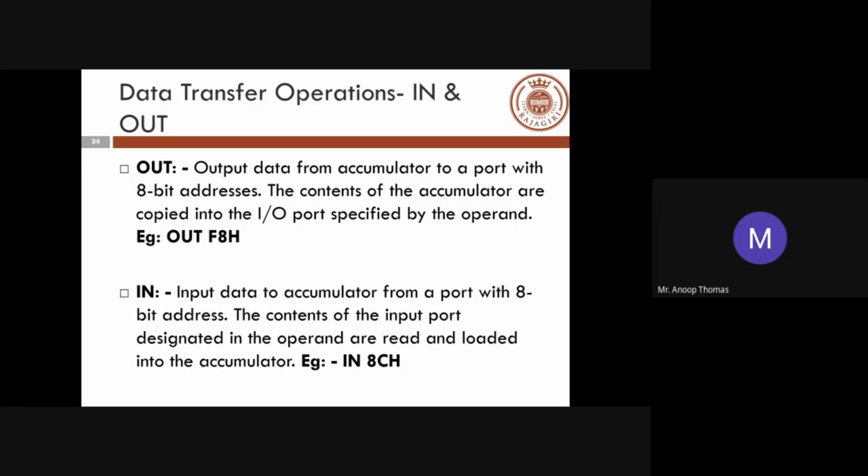But if you are looking into an assembly language program written for 8085, what you will mostly see out of the 20 lines of program, possibly more than 10 and approximately around 15 instructions, will be data transfer operations. So in order to understand a program, in order to know how a program works, or in order to write an assembly language program, the understanding of data transfer operations is very significant.